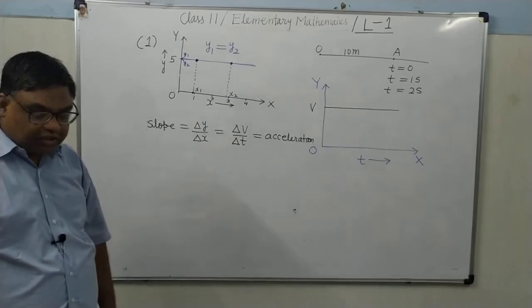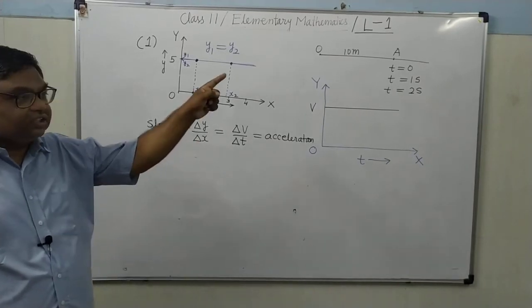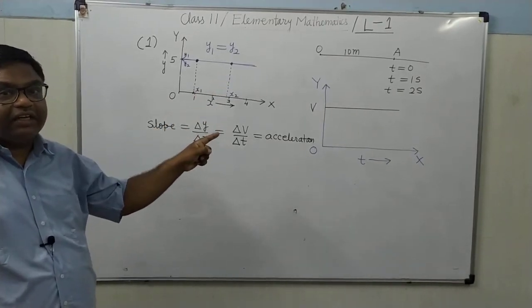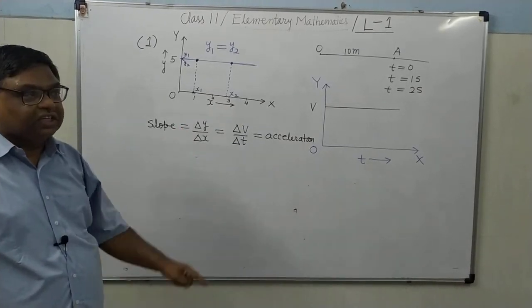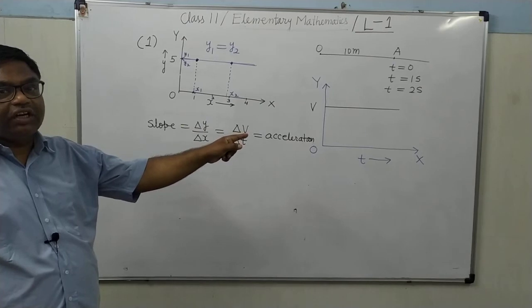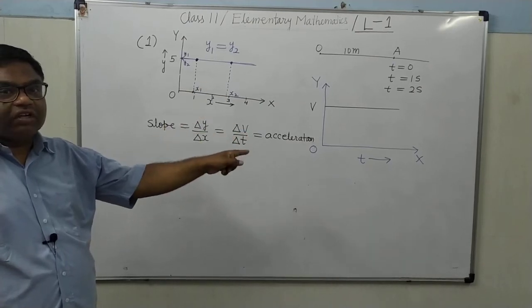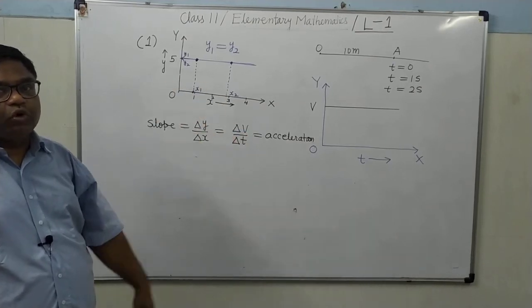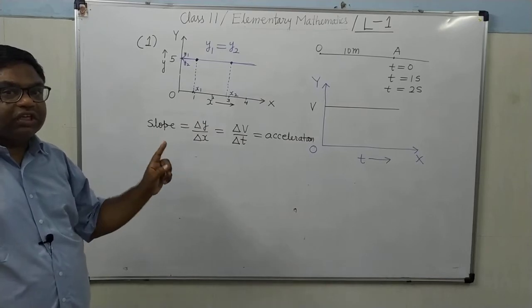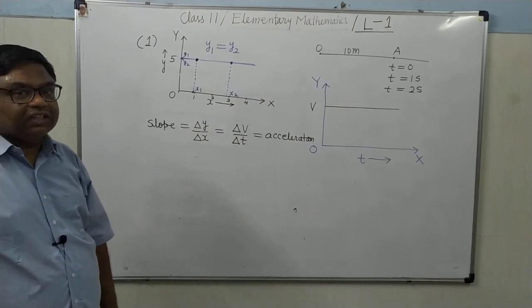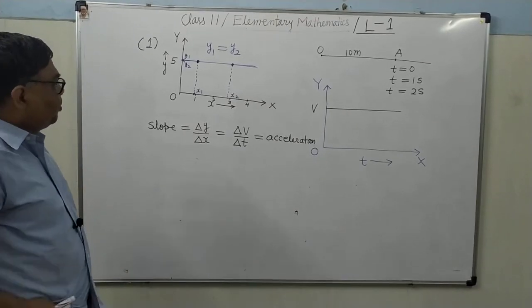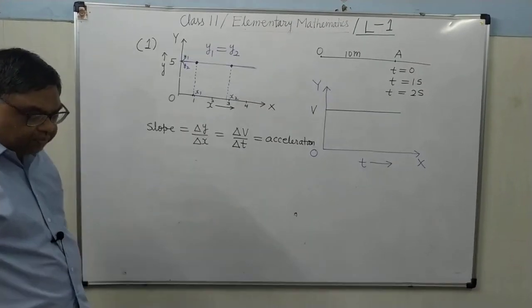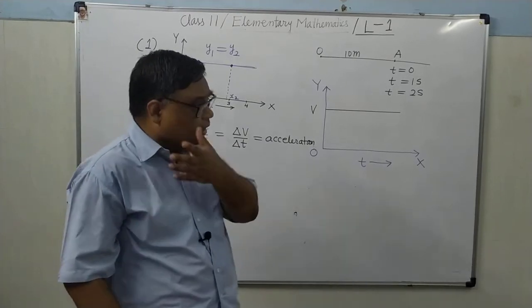But suppose it is not constant, there is a straight line, but a slanting straight line. Here this is the straight line parallel to the x-axis. This is the graph of a constant relation, where slope is 0. But now I am going to discuss the graph of a linear relation, where the graph is a slanting straight line. What does it mean?